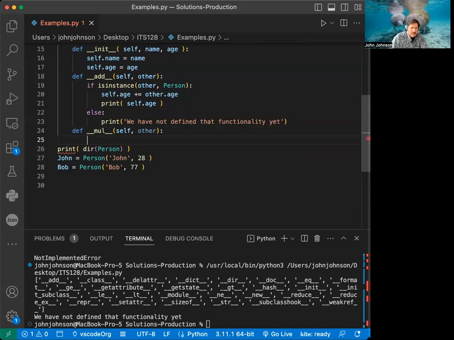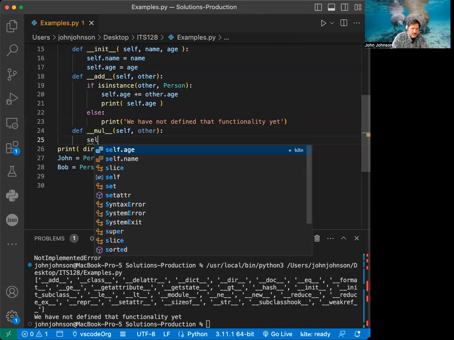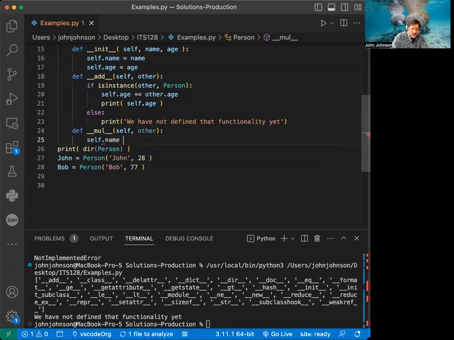So if we're going to multiply it, we're going to have it do that. So we can say, let's do no checking on it. Let's just say self dot name plus equals, in this one, other